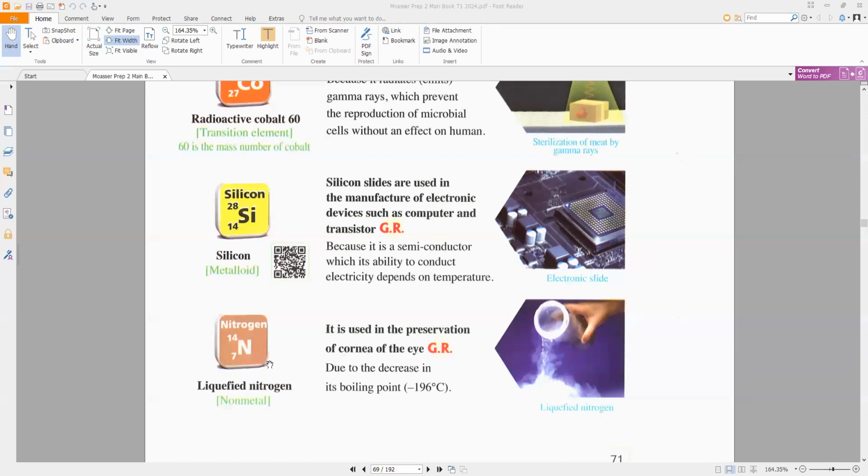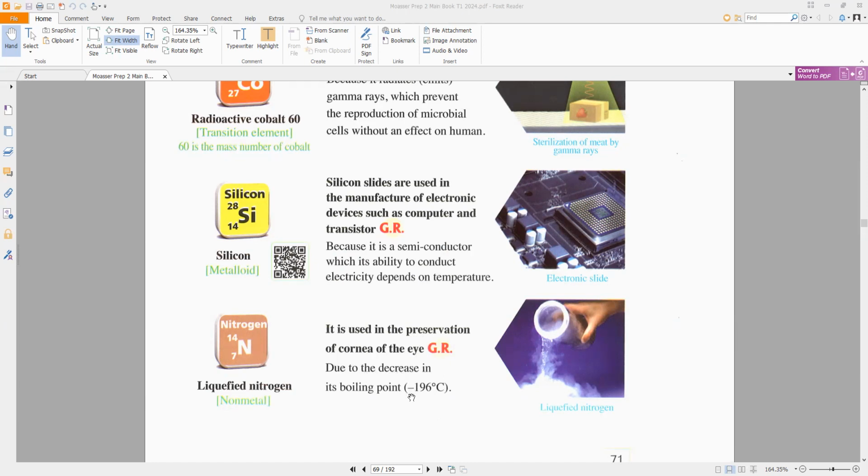When we pressed the nitrogen, it changed to liquid. Nitrogen is a non-metal, but the liquid nitrogen, we use it to preserve some types of cells, like the cornea of the eye. The cornea is the part of the eye that we need to preserve. We use it later in any patient that needs a cornea. So liquid nitrogen is used as a liquid to preserve the cornea of the eye because it's kept